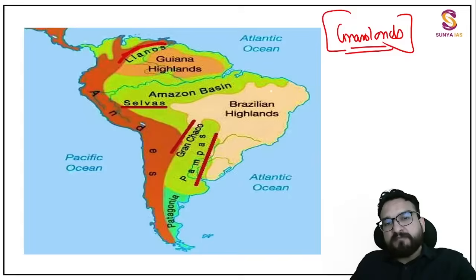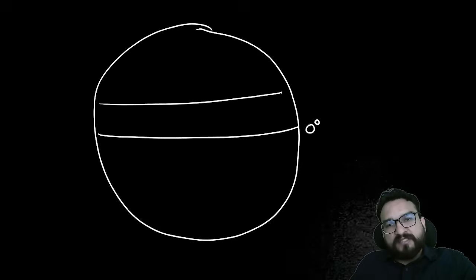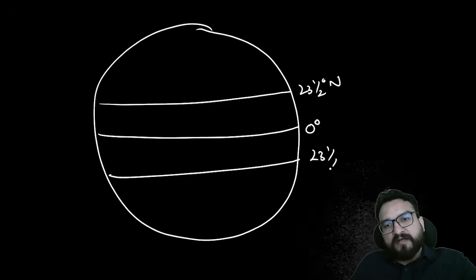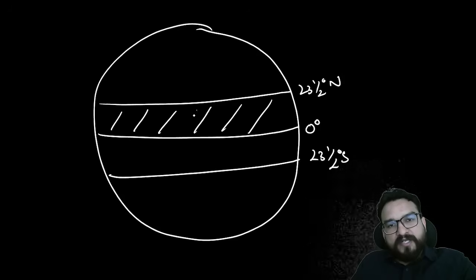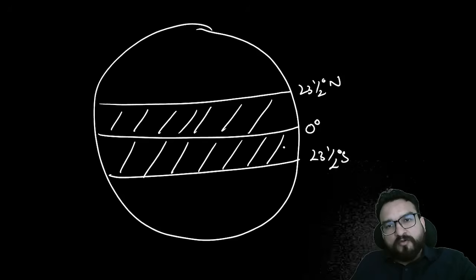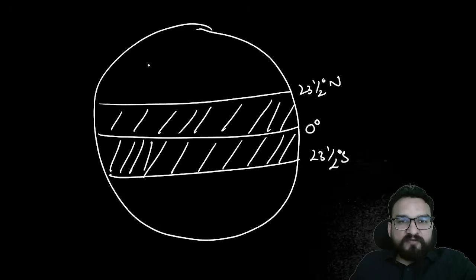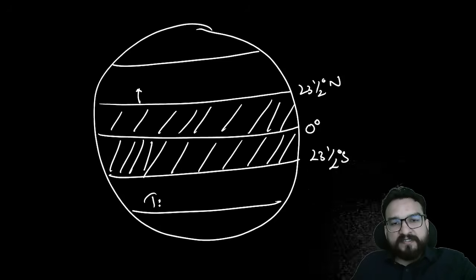Now the question comes: grasslands are of two types. This is our whole earth, geoid shape. This is 0 degree over here, the equator. And if I'm asking what the tropics region is, you must know this is 23.5 degree north and this is 23.5 degree south, and the area between these two tropics is known as tropical. Obviously the heat and temperature will be more over here, right? As we move away from the tropics till 66 degrees, you will see this region as temperate,